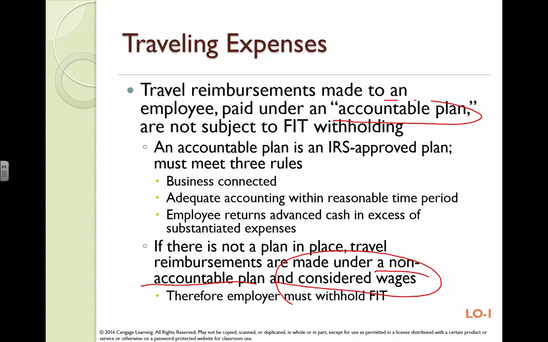This is a little above our scope, but if it shows up on your W-2, then you get to write it off on your tax return, but it goes on your Schedule A, and if you don't file a Schedule A, you don't get it at all. My point is that here in the middle it says an accountable plan is an IRS-approved plan. It's got to meet 3 rules. If you go to work for somebody and you're going to be traveling and using your own card or your own cash and then getting reimbursed at the end, you want to make sure they have an accountable plan. Because if they don't, you're going to end up with income on your W-2. Okay.